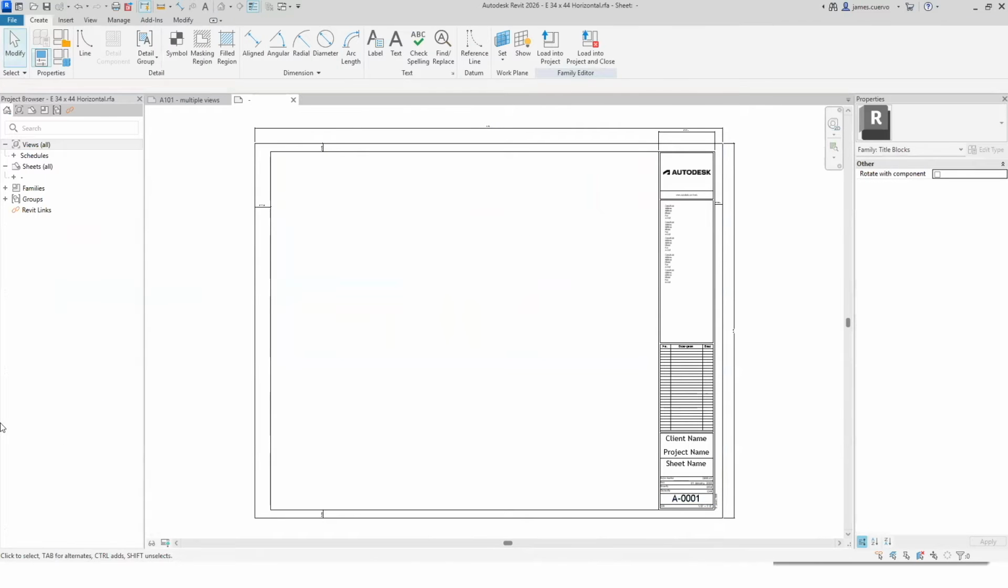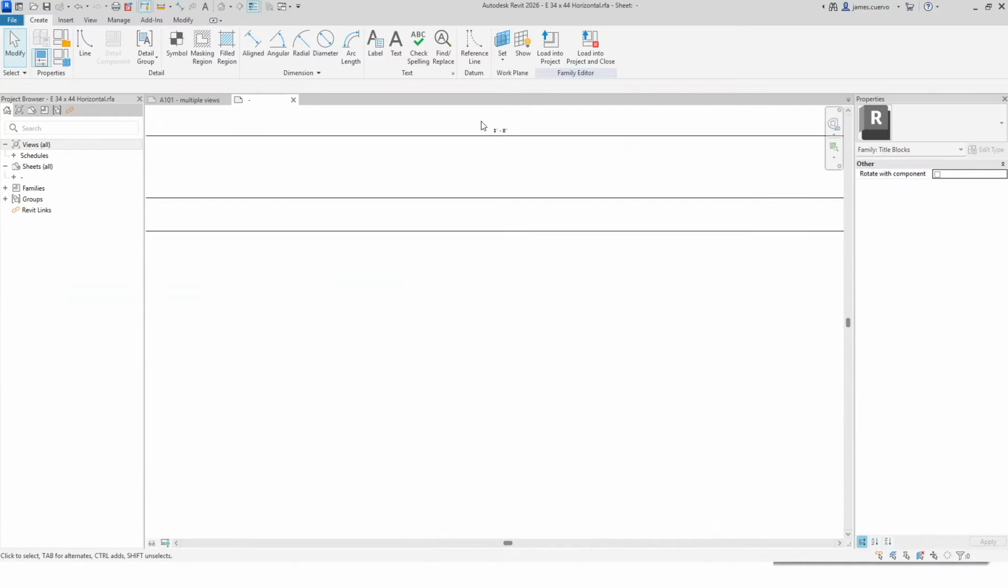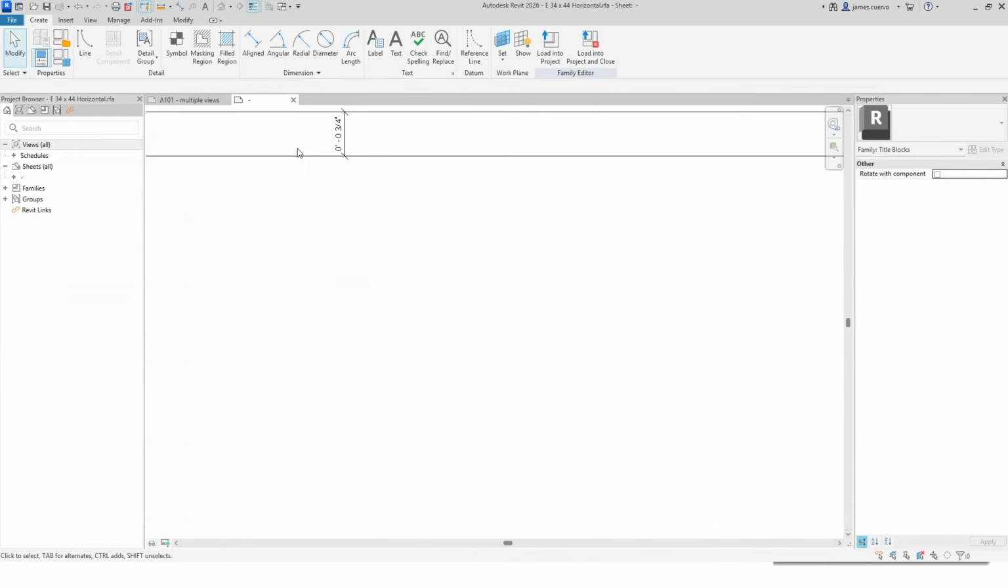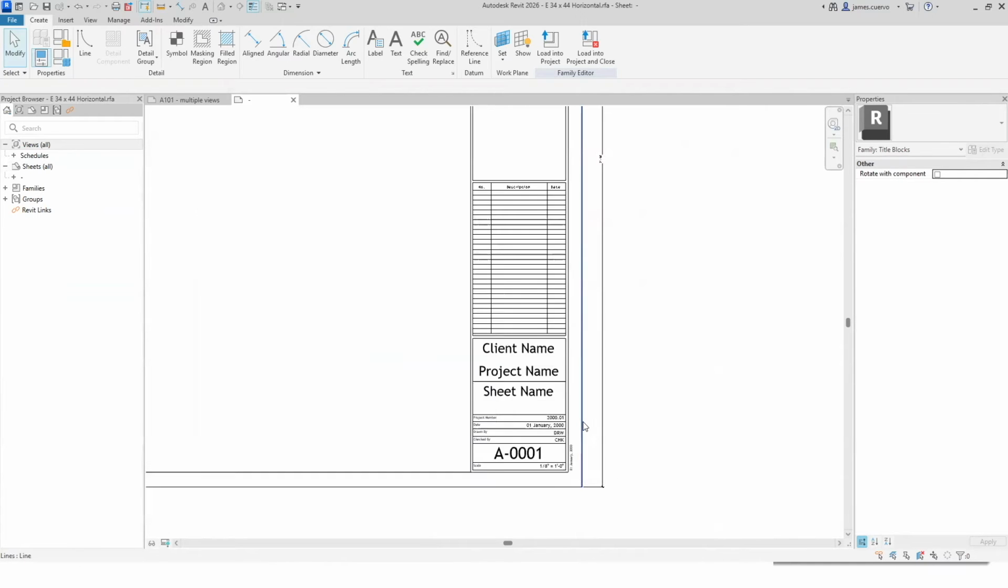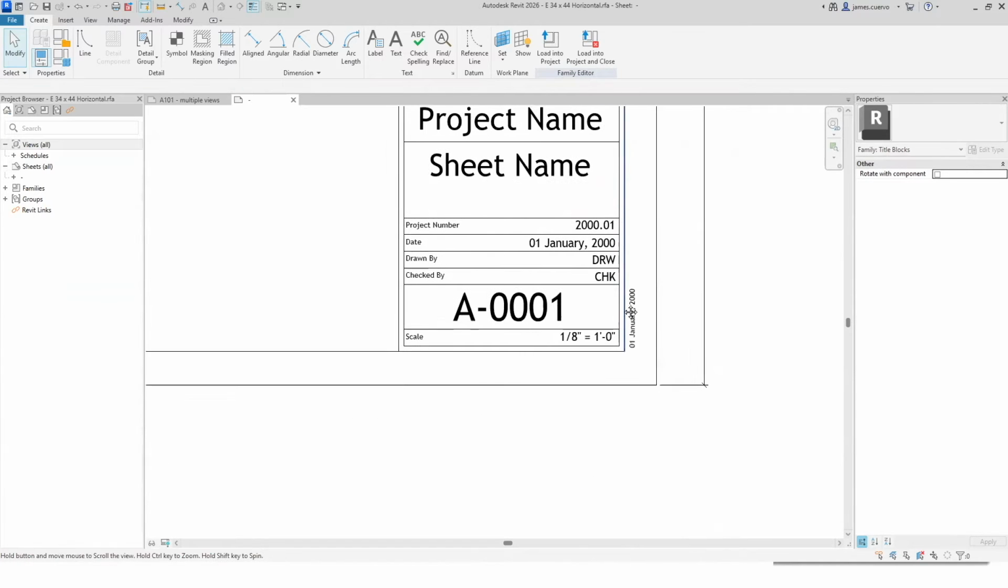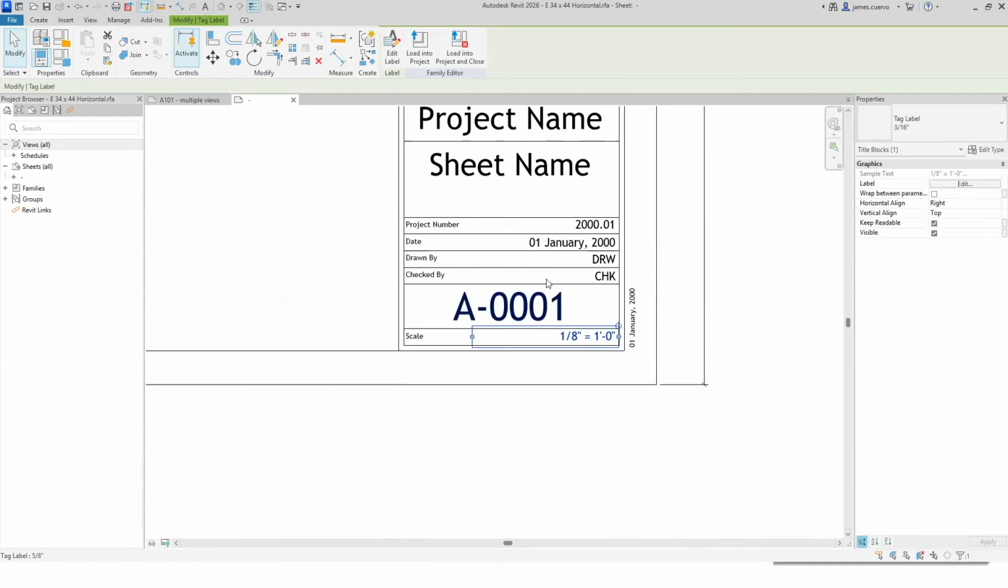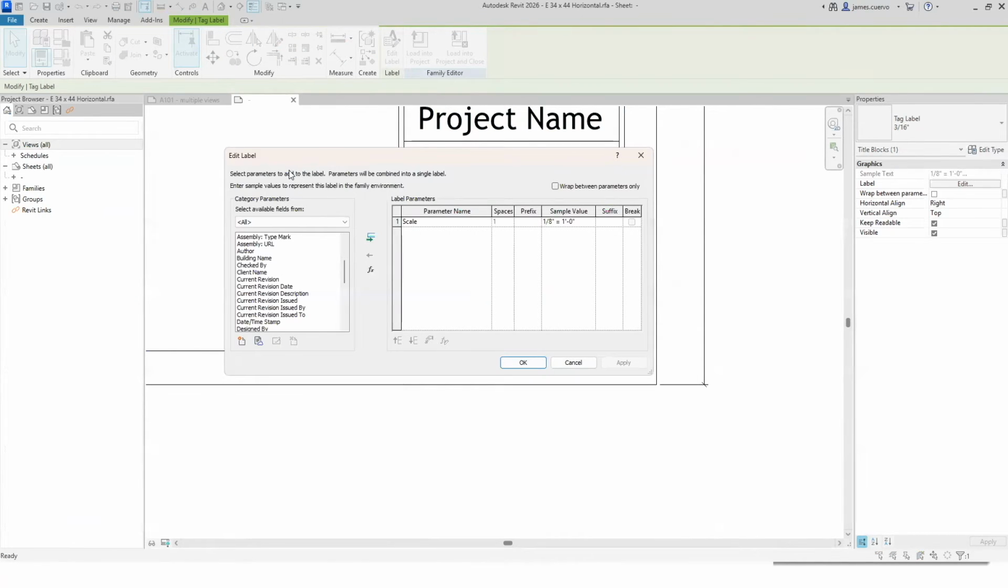In the edit family, as you can see, there are a couple of things that got changed. For example, there are dimensions here, as you can see there and there. And there's a label already here. This one was created by myself in order to show you where it goes and how you can actually place it. And if I select it and go to edit label, I also wanted to show you how exactly you place, or rather invoke, that particular parameter